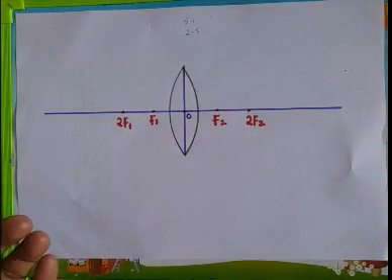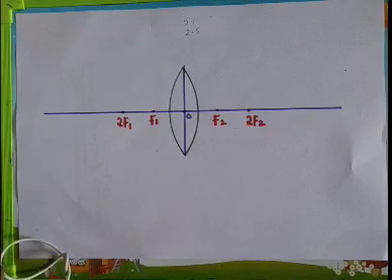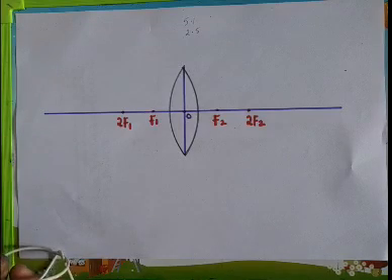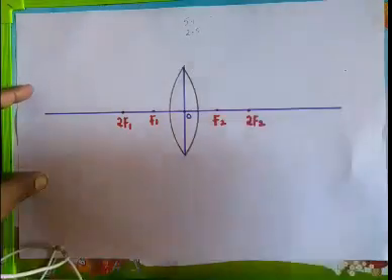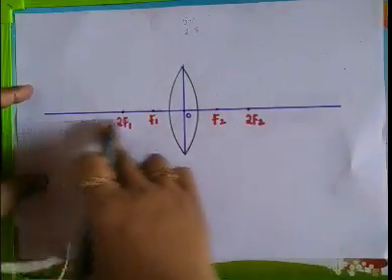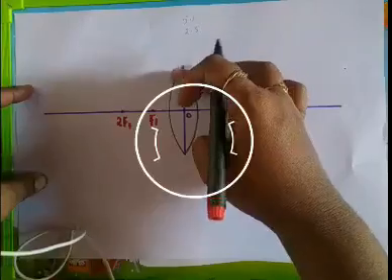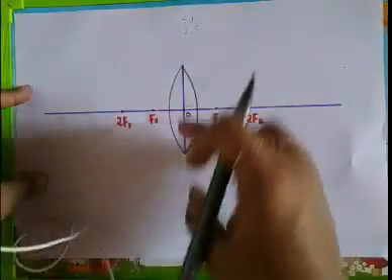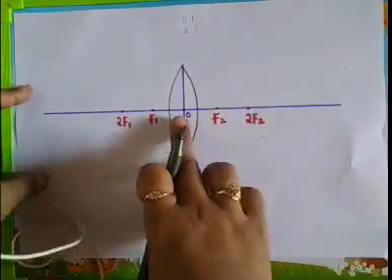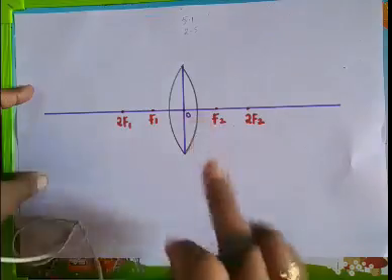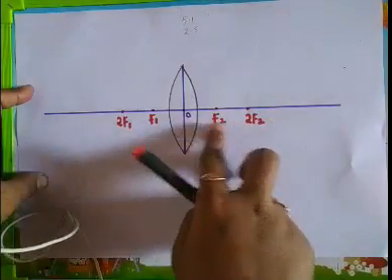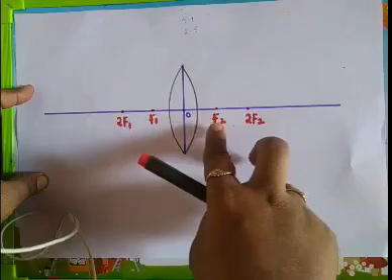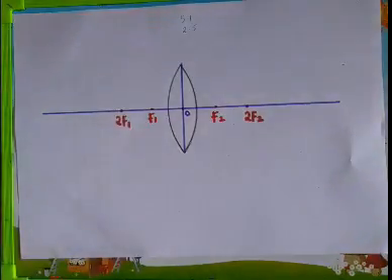Whenever you are drawing a ray diagram or making the image of an object using a convex lens, this is the method to draw the convex lens. You will draw the principal axis, use the compass, make an arc, then with the same distance make another arc, and your convex lens would be ready. You need to locate the optical center. After that, locate your center of curvature, and at the middle of the optical center and center of curvature, your focus would be there. So this is how you can draw the convex lens.